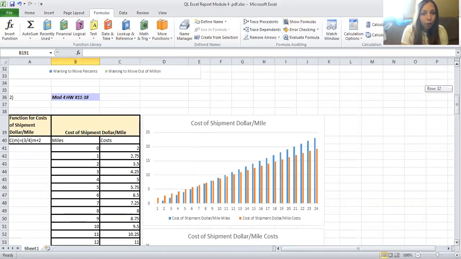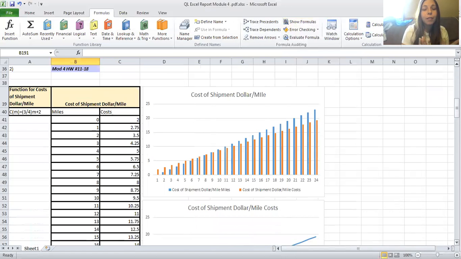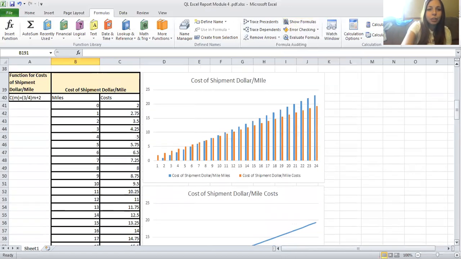I've created a beautiful bar graph here, and I've created a scenario. Let's say that we have got donuts. We're shipping them all around the world. We want to create a function. So I've created a function here. And it's going to have the miles it takes and the cost. So you can see where it starts at 0, the cost is going to be at 2 because we still got to pay for those donuts. Whether we're shipping them, where we're shipping them, we still got to pay for the donuts. So the donuts are going to cost us some money. And then when we start shipping them, it's going to go up.